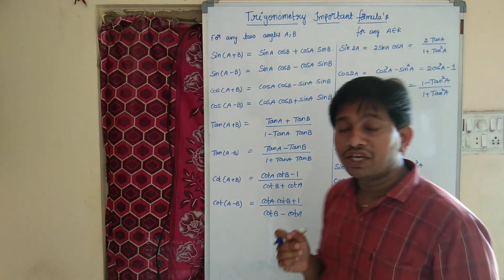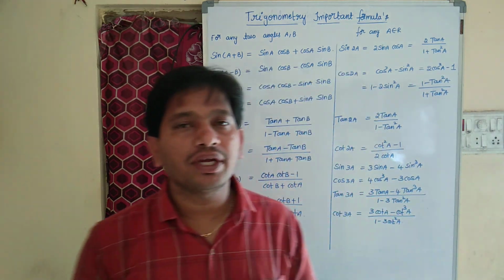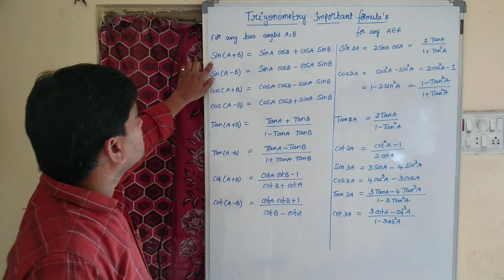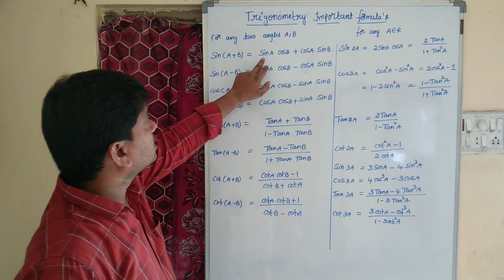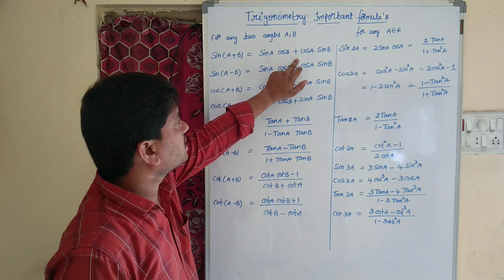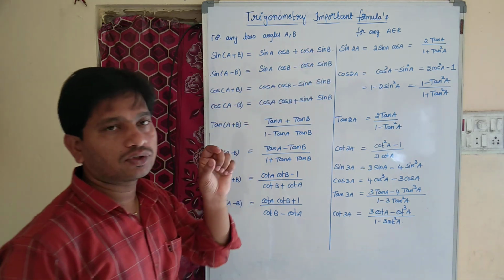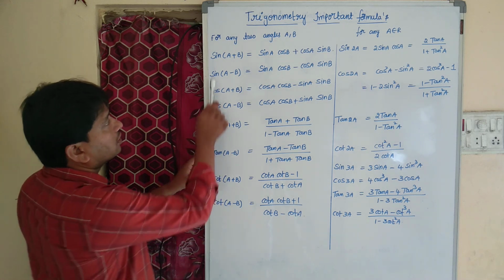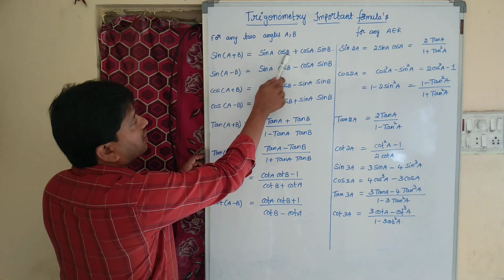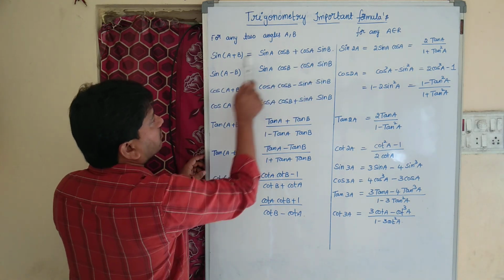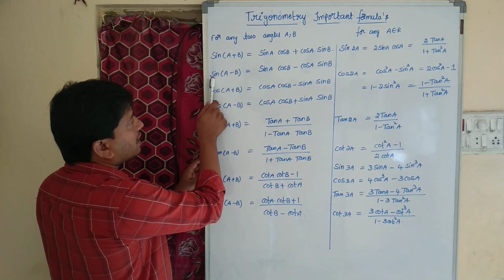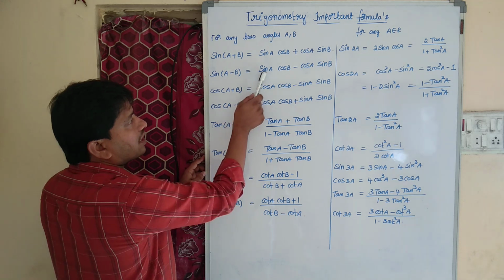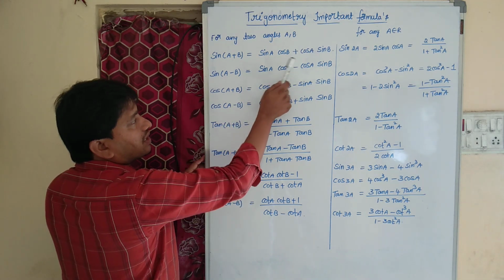Now for any two angles A and B, sin(A+B) equals sin A cos B plus cos A sin B. So children, see here, sin A cos B plus cos A sin B is the formula of sin(A+B). Now coming to sin(A−B), sin A cos B,